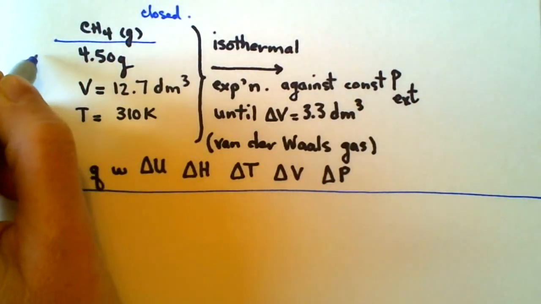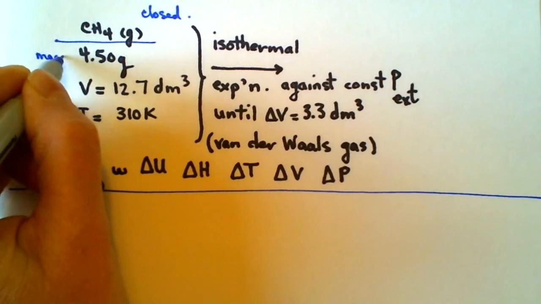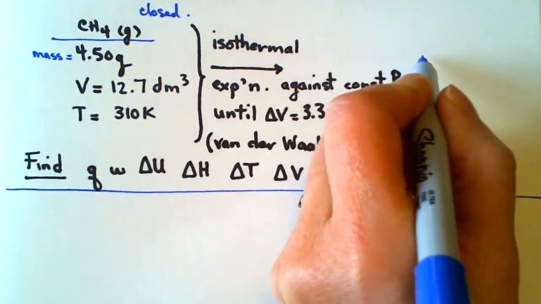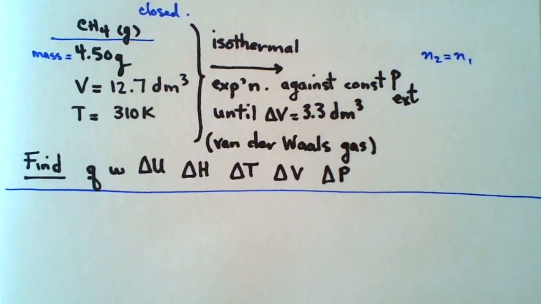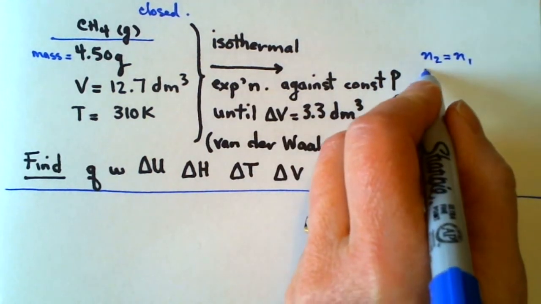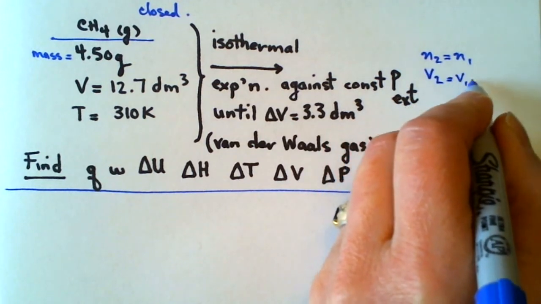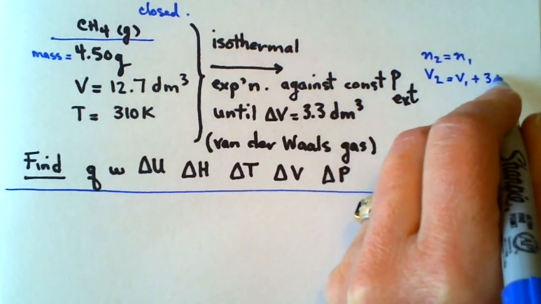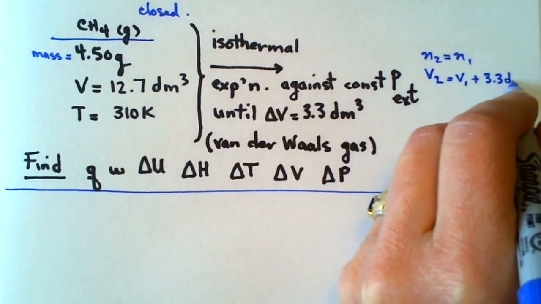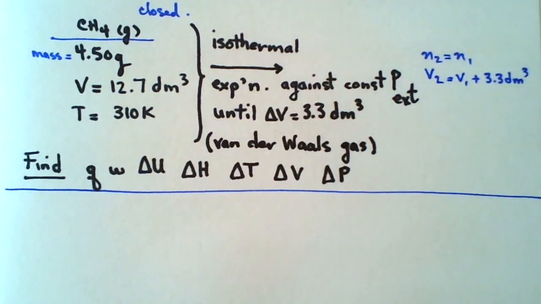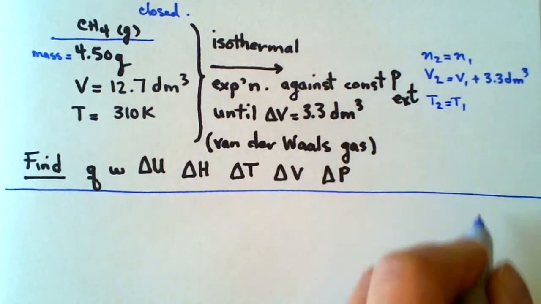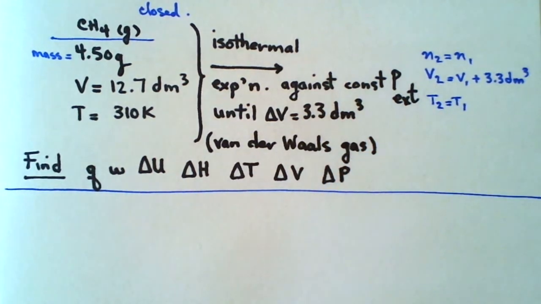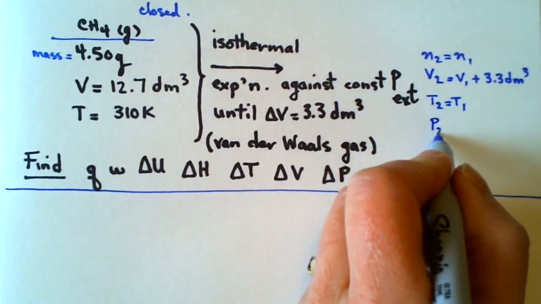And so I have the mass, and with a molar mass, I can of course find the number of moles, and that'll remain constant during this isothermal change. The volume is equal to the initial volume plus the difference, and the difference is a positive 3.3 liters. And the temperature is staying the same, and so T2 is equal to T1, and that's given as 310 Kelvin. The pressure, I don't know,